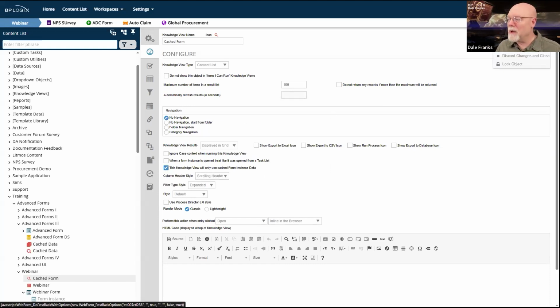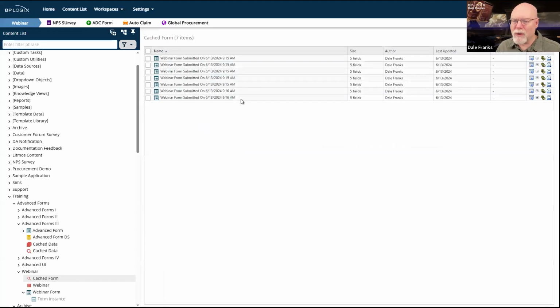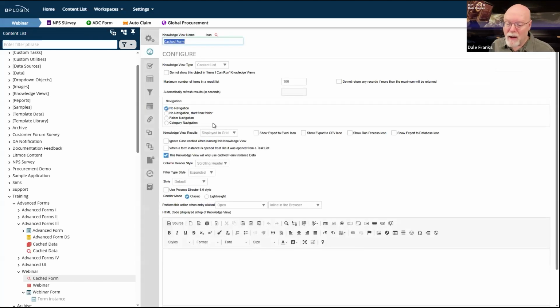I have data running and it shows me my cached data. Well, it's only seven records or whatever, so it's going to show it to me pretty fast. But this is cached form data. This is data from whenever I cached it, and apparently when an activity check or a timer check was prompted, it just reran the cache for this form, and it may have rerun it if I saved the form. Not entirely sure what prompted that cache to run. Like I said, I expected it to be empty. It's not, but okay, fine. No big deal. The cache ran.